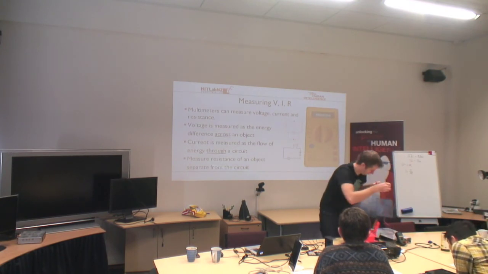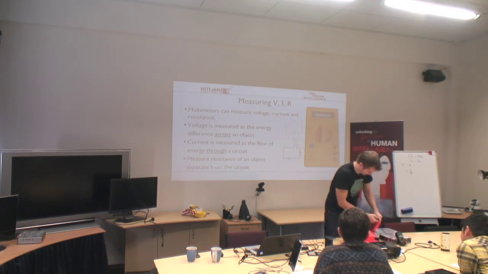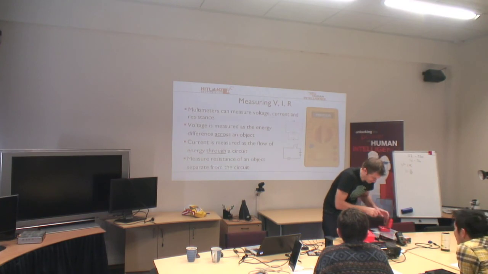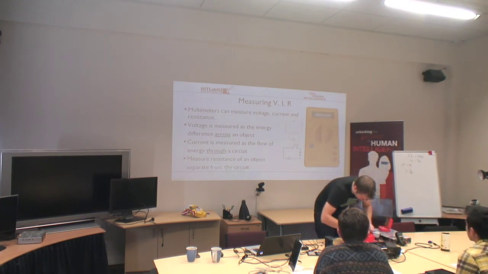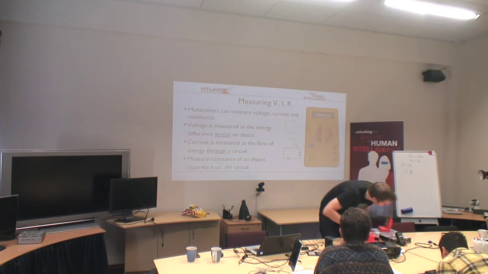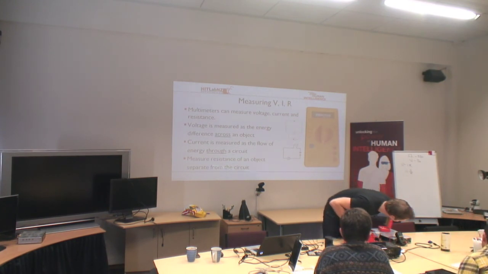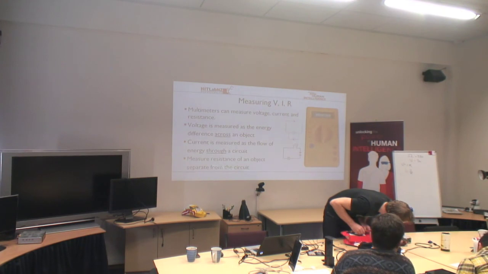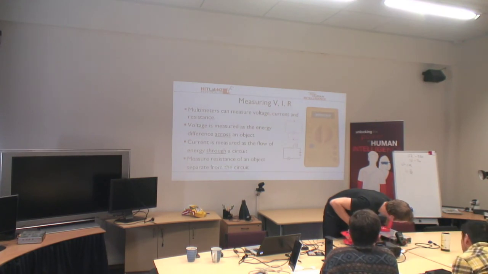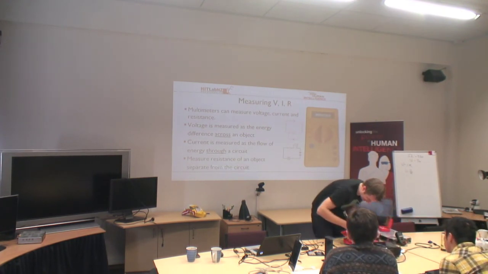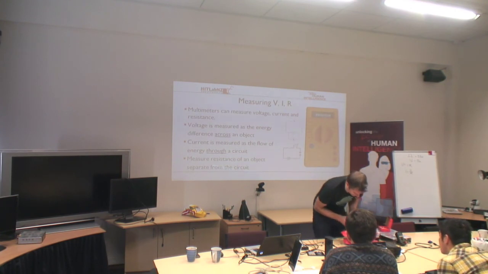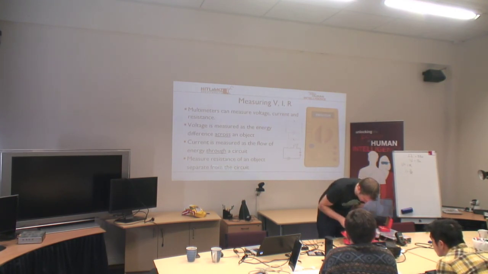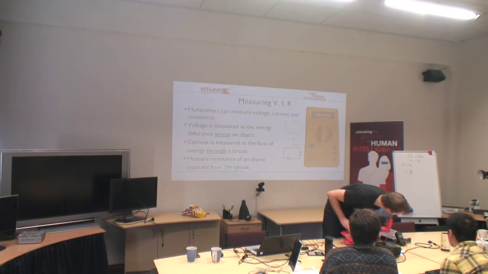One lead on one leg of the LED, the other lead on the other leg of the LED, and I can't actually read what that says. So that's almost 2 volts running through the LED, and then if we do the rest of that 5 volts, then it must be on there. So that should be